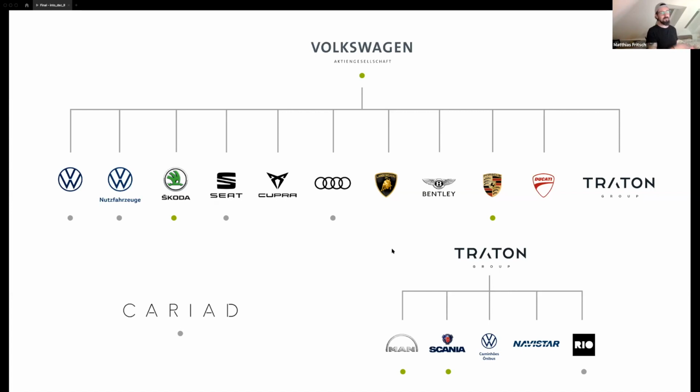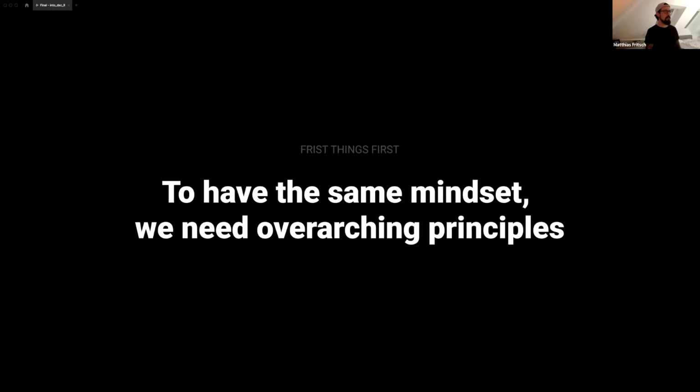So you buy a truck or a car, for instance, within the website or the configurator, having a similar or a consistent email communication. And then when it comes really to the truck, to the HMI, it should be the same look and feel through all touch points, so to say. That's always in mind. Our major work is the web environment. But first things first, to have the same mindset, we need to have overreaching pillars,